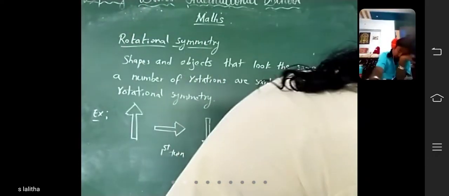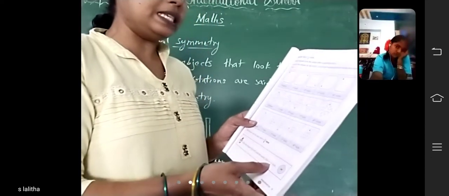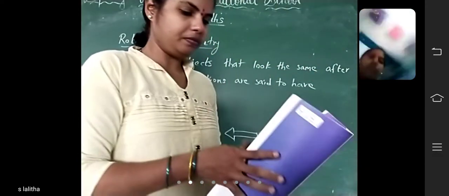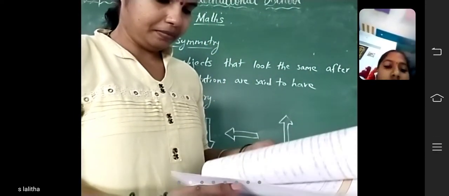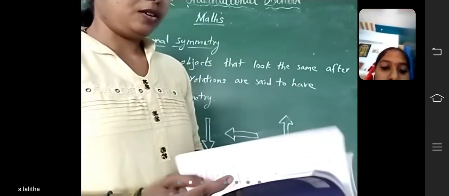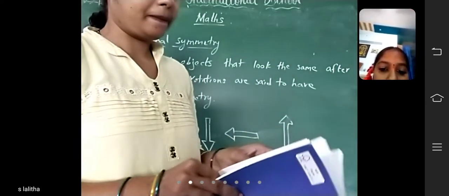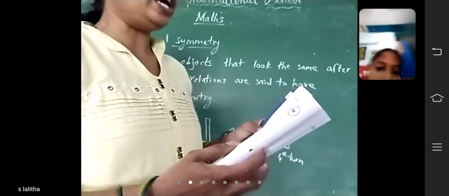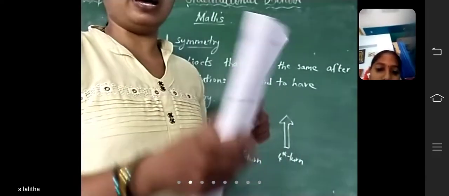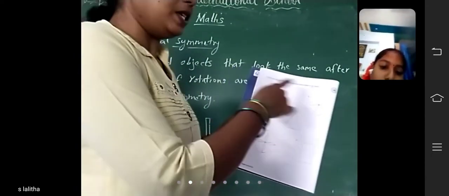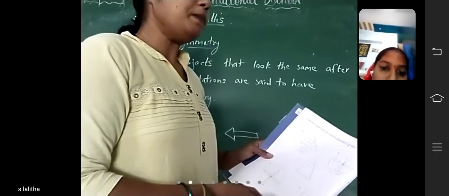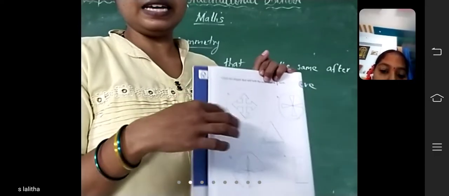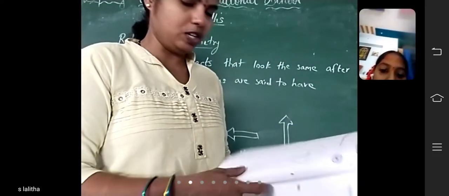Okay. Now see there, circle the shape that will look the same after a 1/4 turn. See the companion, 2D. Yes, see page number 12. Circle the shapes that will look the same after a 1/4 turn. Here some shapes are given, children. Which shapes come to the original shape after a 1/4 turn? You have to circle them. Okay, ma'am? That is the homework. Page number 12, companion.